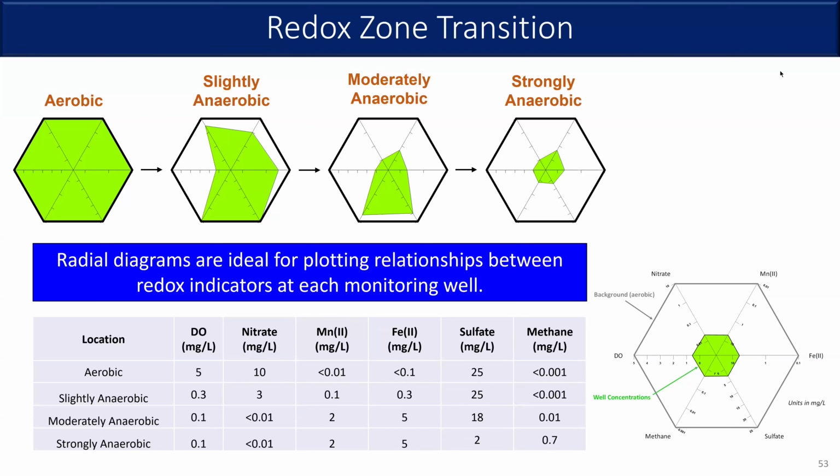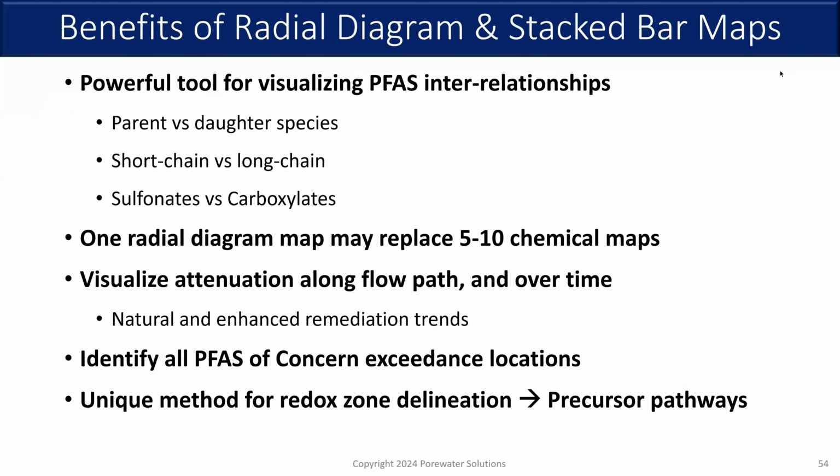And the radial diagrams at the top, those are actually the same as the data in the table on the bottom, but as you can see, much easier to visualize with the diagrams than trying to look at the table. So that's another thing that you may find useful with PFAS sites or even chlorinated solvent sites, metal sites, hydrocarbon sites, etc. So what we've talked about with PFAS site characterization, it's not just looking at one species at